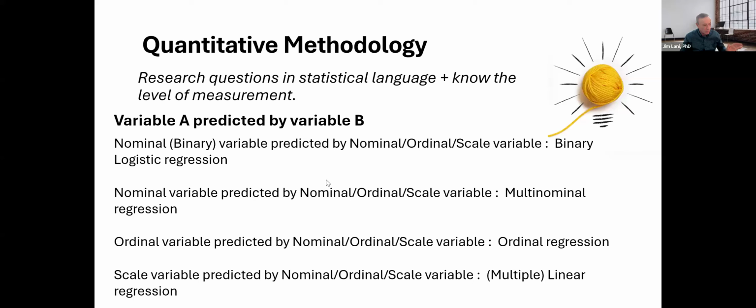Finally, we have regression world, again looking at prediction or impact, things of this sort. And the key here with regression is really very simple. It all depends on the dependent variable, or the criterion level variable, or the outcome variable. And that outcome variable is going to take one of 4 forms, okay? It's either going to be a binary variable, live, die, yes, no, whatever, okay? Or it's going to be a multinomial,